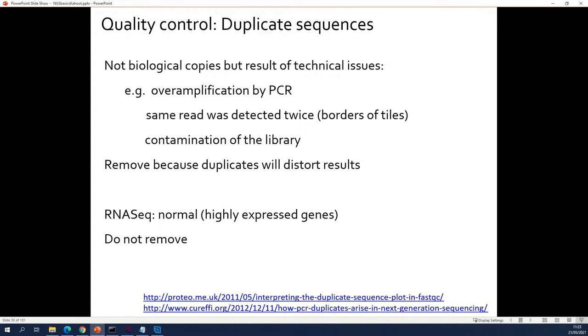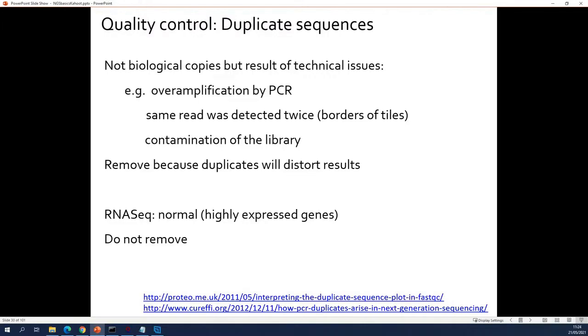But for variant analysis, where you have a genomic DNA library cut randomly into pieces, you do remove them. Because for variant calling, at some point you're going to count how many times a variant occurs. If it's just 1 or 2 times, it's a sequencing error and nobody believes that it's a real variant. If it occurs a higher number of times, then it's considered a variant, a real mutation. So you count, and these counts can be distorted by technical duplicates. And to avoid that, you remove them.